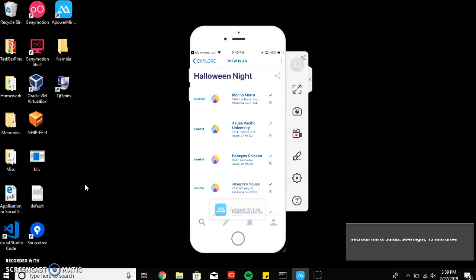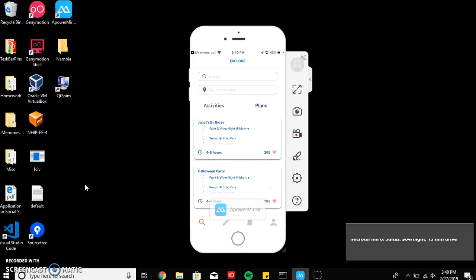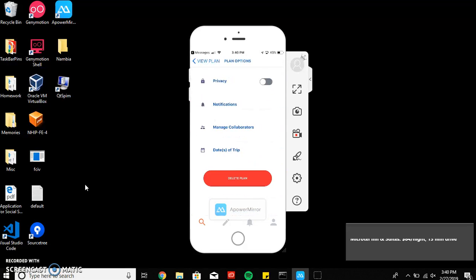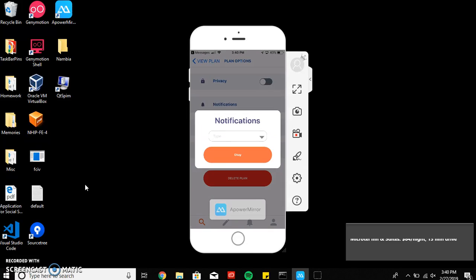Okay, so this is my Sprint 4 update. Start off with the demo, and the way the user can navigate to the screens that I worked on is if you click on a plan from the Plans tab, and in the upper right corner, you can navigate to plan options. And I first added a notification modal, so if the user clicks on this button, then this will